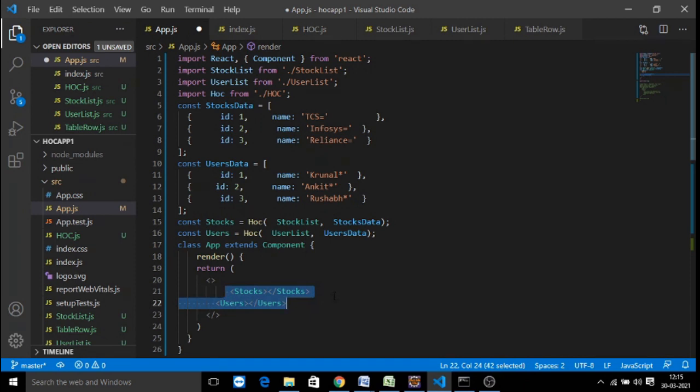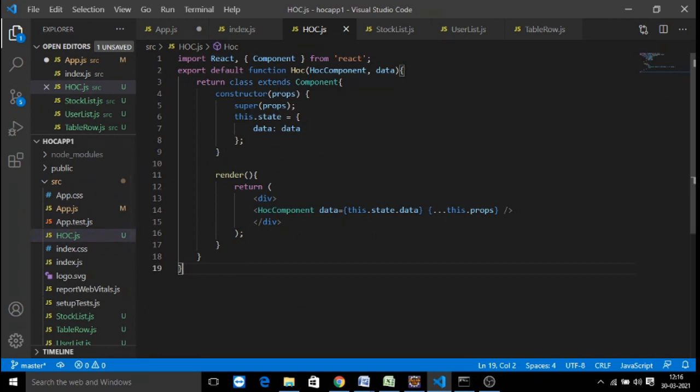the data. Tomorrow, if some other data needs to be loaded into a higher order component and we want to make it reusable, yes, this is possible with higher order components. This is the main purpose of a higher order component, to make the components reusable, and they are pure functions. Every higher order component is nothing but a pure function which takes another component as an input, data to be manipulated with, and then you perform the logic and return the component. So this is enhancing your component features and returning the component through your higher order component.